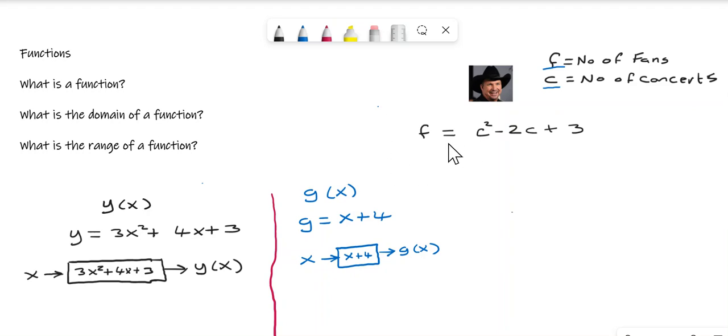So another way to represent this is basically a function. When we put in one thing, we get out another thing. So for example, when we put in the number of concerts that Garth Brooks plays, it'll give us out f, the number of fans that he's likely to have as a result of the number of concerts that he plays. So for example, if he was to play, let's say, 10 concerts in Ireland,